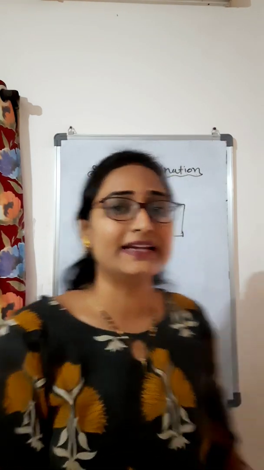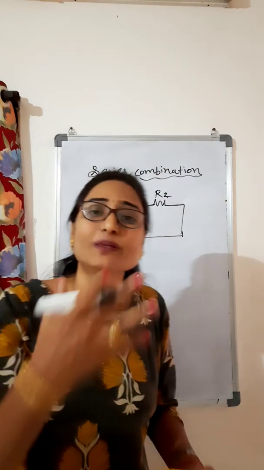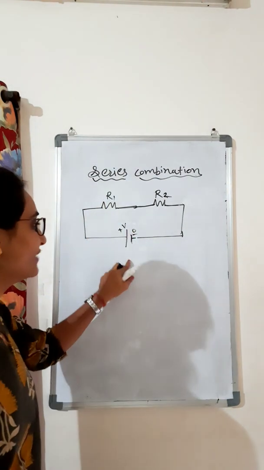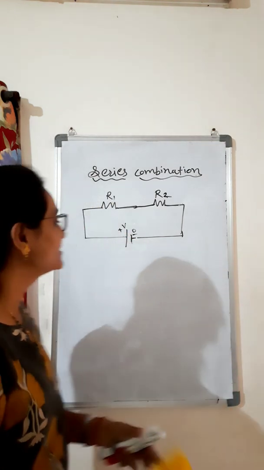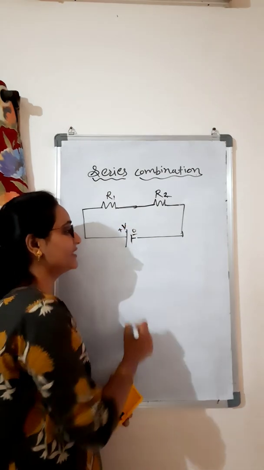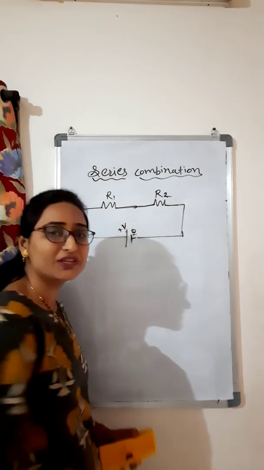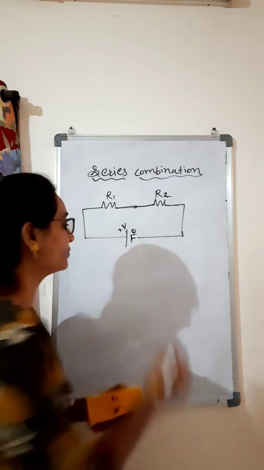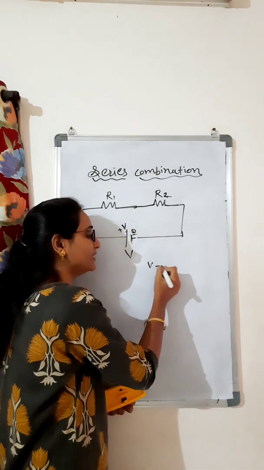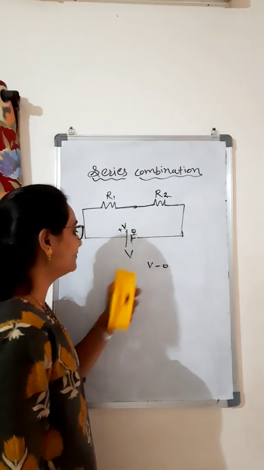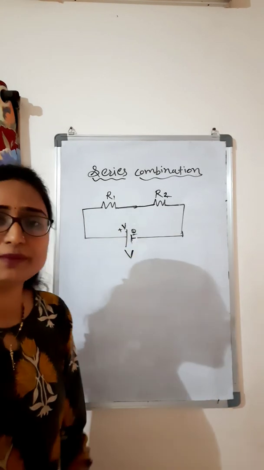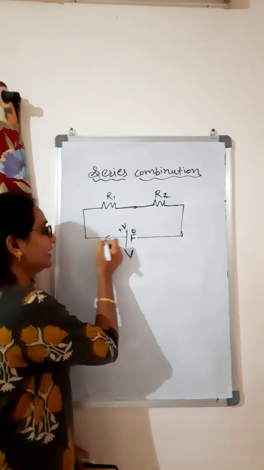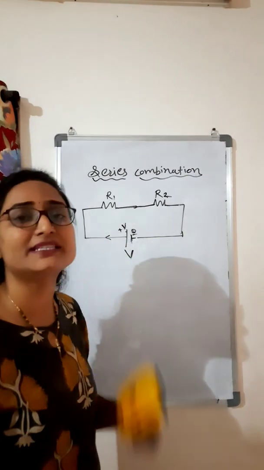Because if the potential difference is not there, current won't flow, you know. And what does the cell do? The cell creates the potential difference. How? At one terminal there is more potential, at the second terminal less potential. Suppose on this terminal potential V is there and on this terminal 0 potential. Means the potential difference is V minus 0, which gives V. So to this circuit we are giving potential difference V, and when the potential difference is there, current starts flowing.